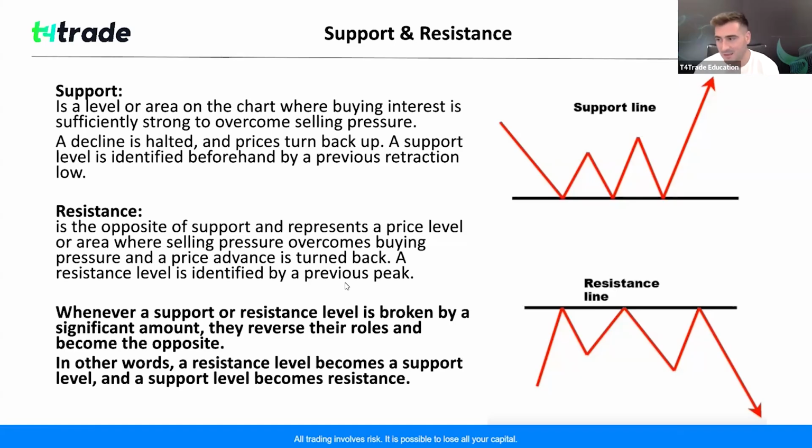Okay, so I've just hinted at how the support and resistance levels are interchangeable, okay, and reversible depending on the situation. So whenever a support or resistance level is broken by a significant amount, this is important, they reverse their roles and become the opposite. Now, what is significant? I don't know. If you have a price advance of 10%, so you have a rise of the prices of that specific instrument by 10%, let's just say it's a stock, and you see the price action failing to break above this kind of level, the $200 mark,